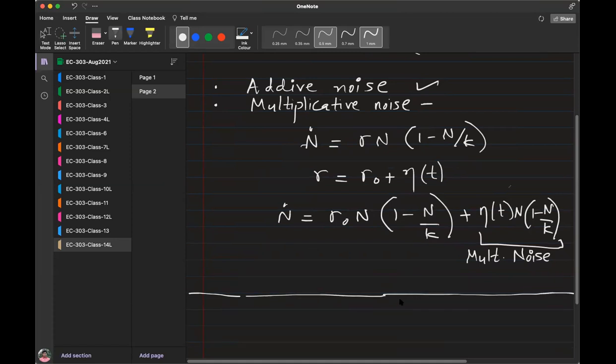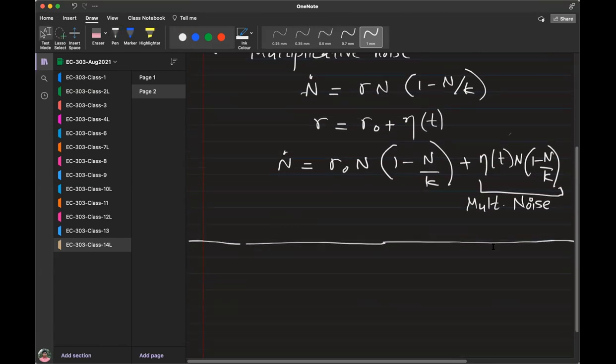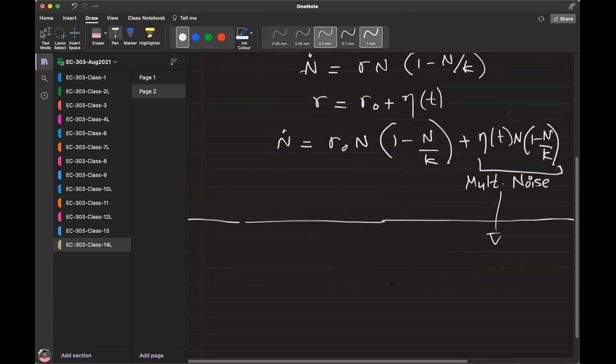Another simple way is that the noise depends on the state of the system. Now, why does that happen? How could that happen? One has to think and understand on a case-by-case basis. So for example, what does it mean here? Here, what's happening is that if you were to plot the strength of noise on the y-axis, we can write this in the following way.